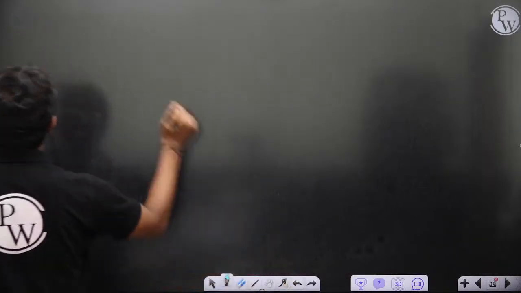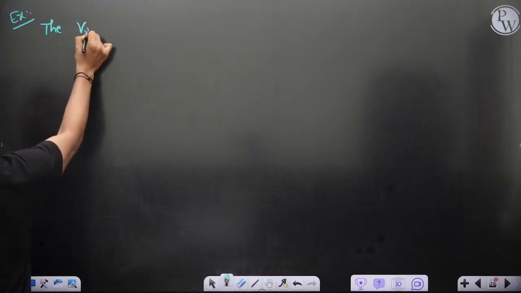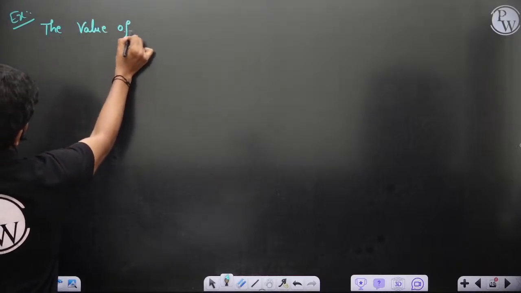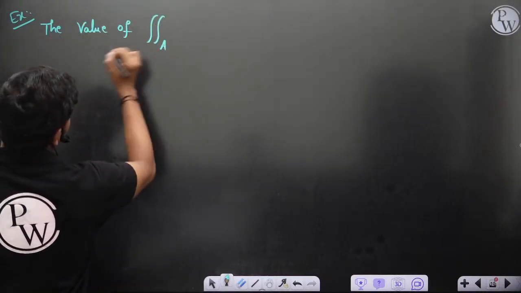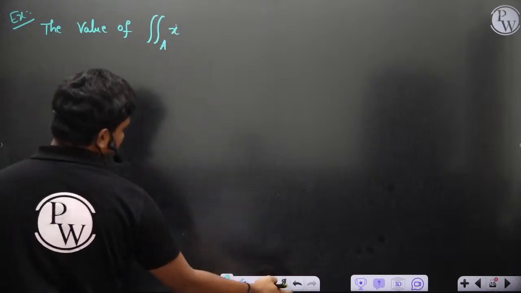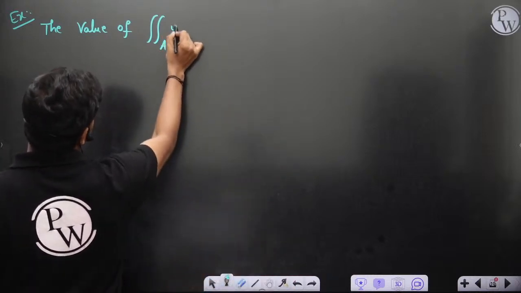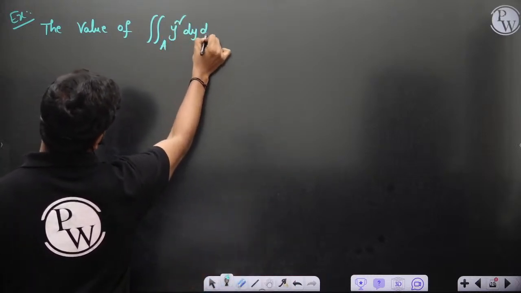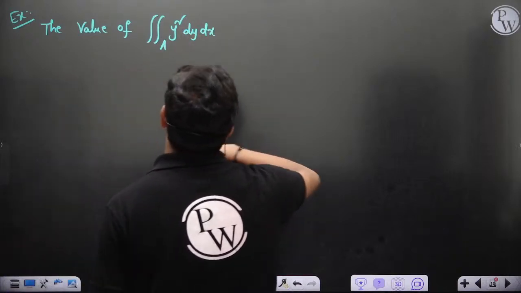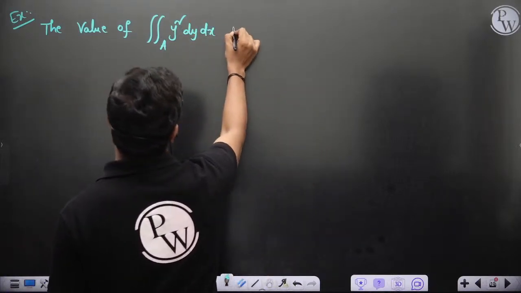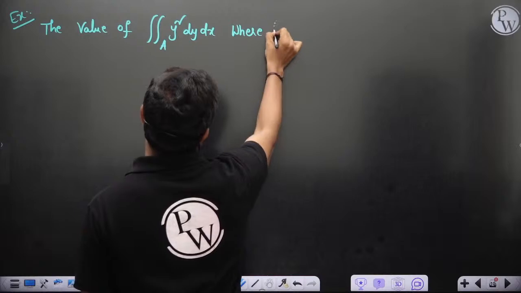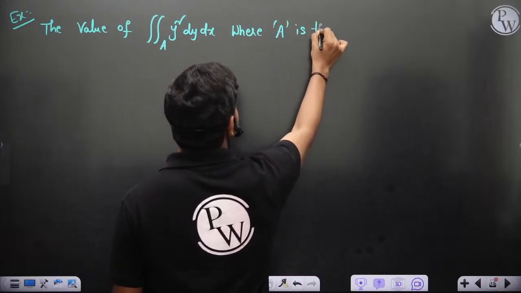Example: let's say we want the value of the integral over A of x square or y square dA. Anyway, it's symmetric, no issue. So y square dy dx, or dx dy, whatever, depending on the limits you write. So the value of this integral, where A is the region of